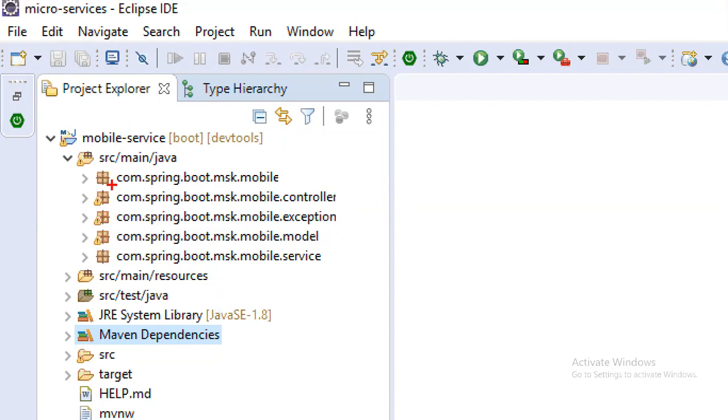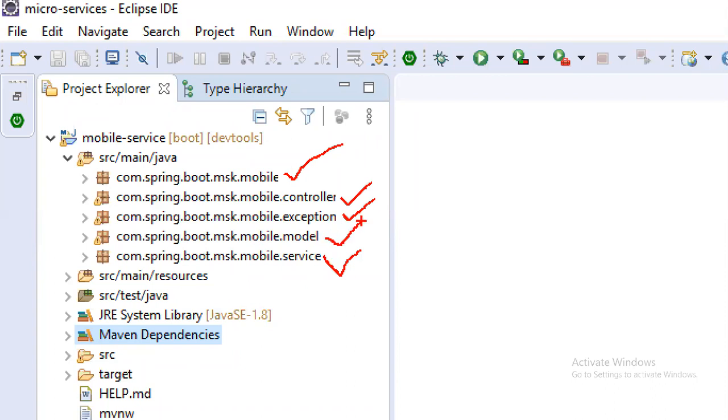So this is my root project, and here I should keep my Spring Boot application. Inside this, I should create subfolders, so that all the controllers are kept inside the controller folder, all the service classes inside service, all the exception classes inside exception, and all the model classes in model.